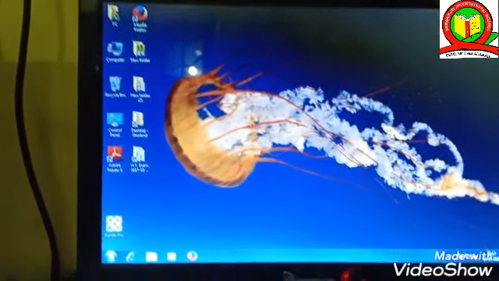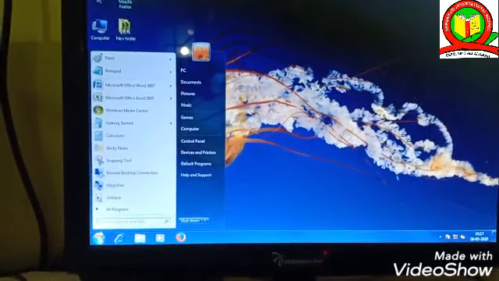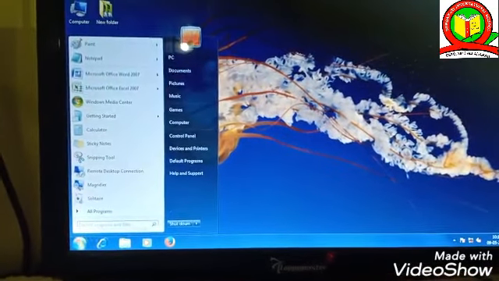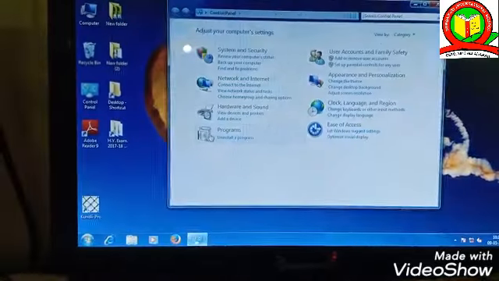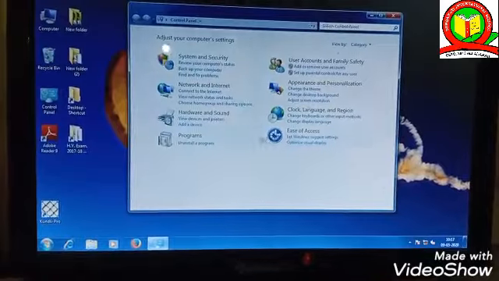First, click the start button, then control panel. A window will appear.